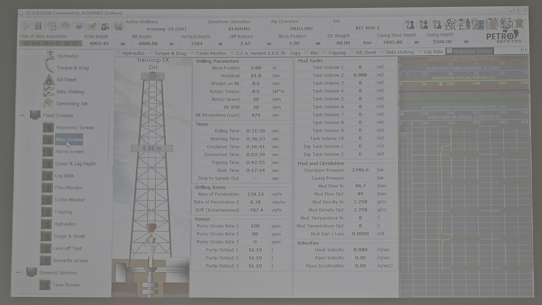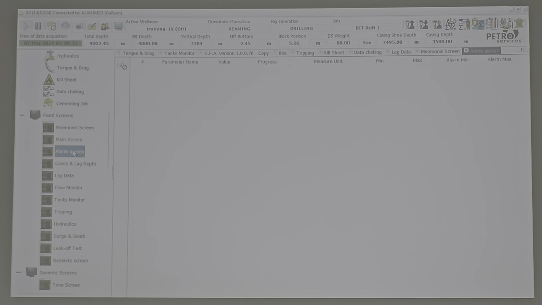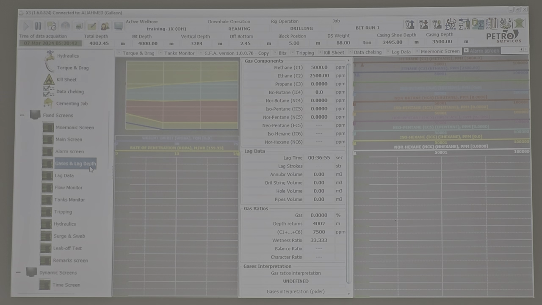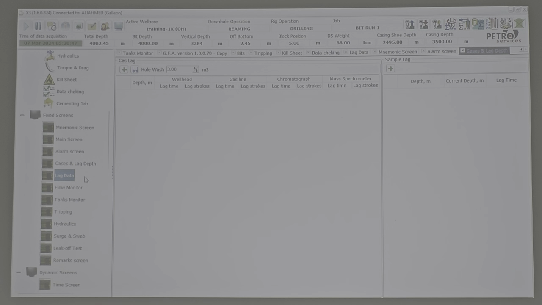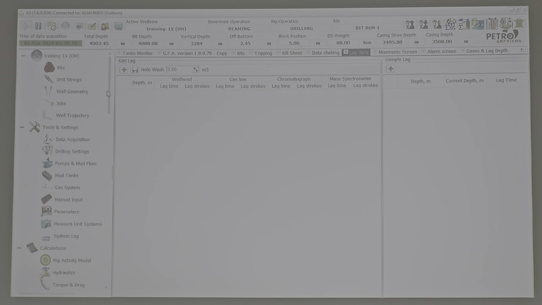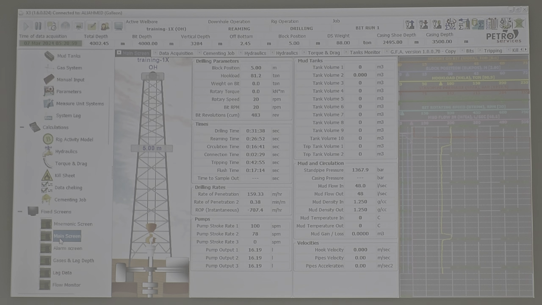And some main screens, this whole fixed screen, the alarm, now we know the alarm. Now we know how to mute and unmute the alarm. This we studied yesterday, and after the break we go to lab data. But before the break, we need to talk about the messages, the remarks, how to add remarks and how to work with